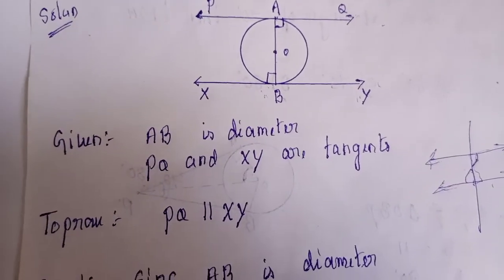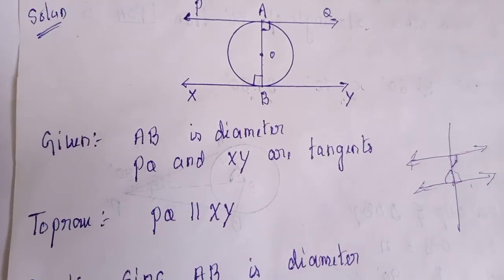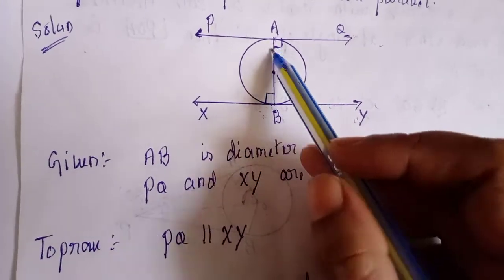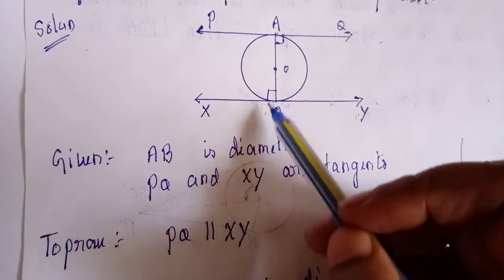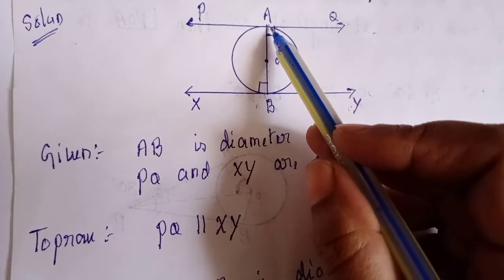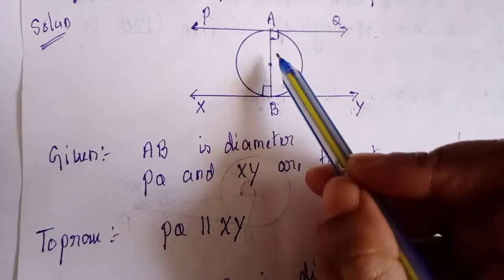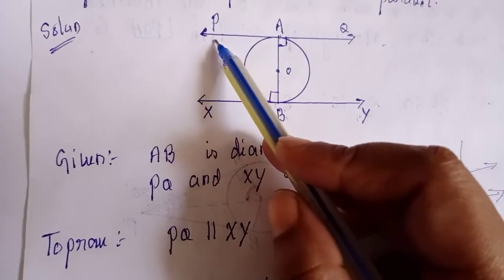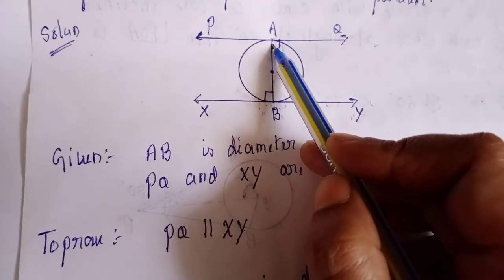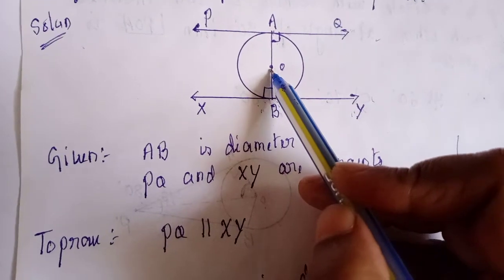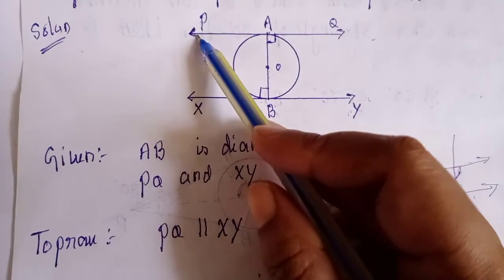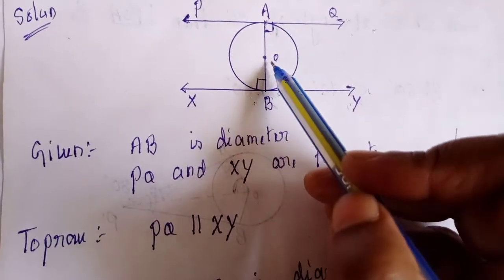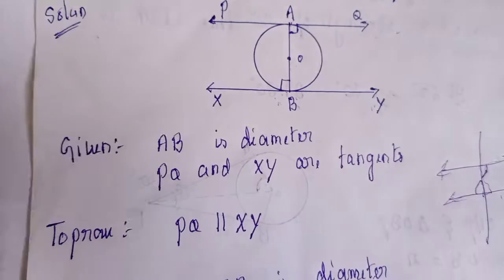Now let us try to prove that these two angles are equal to 90. As you know, because it is a diameter, it is a very simple solution. Orally you can judge the angle. Since AOB is a diameter, clearly OA is the radius. A is the point of contact of the tangent, and as you know by theorem 10.1, the radius is perpendicular to the tangent at the point of contact. So can I tell angle OAQ is 90?